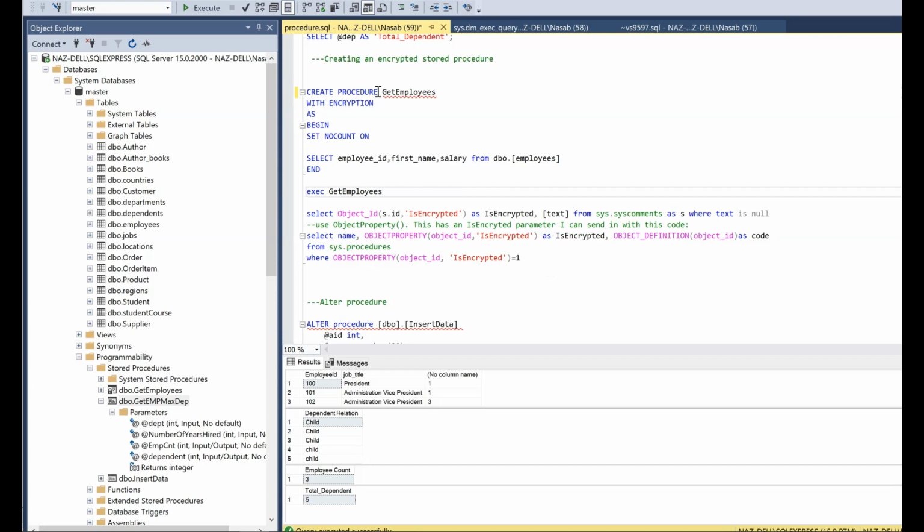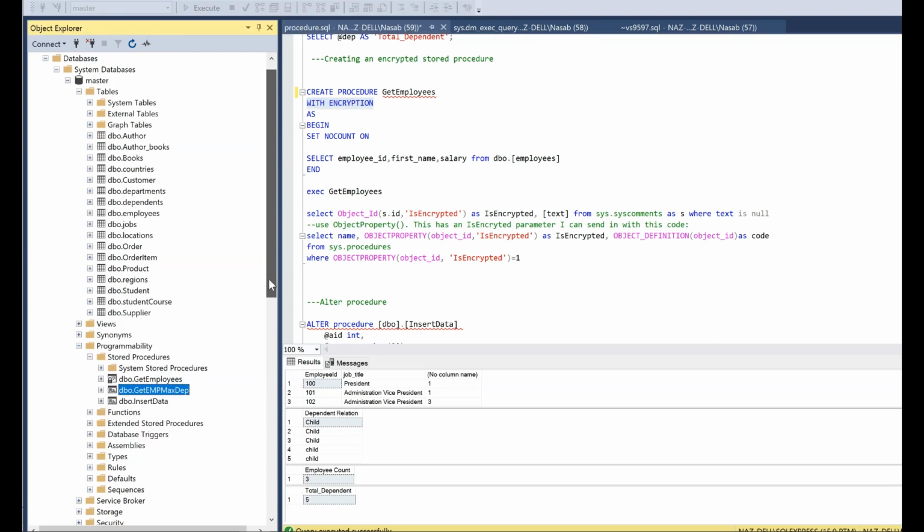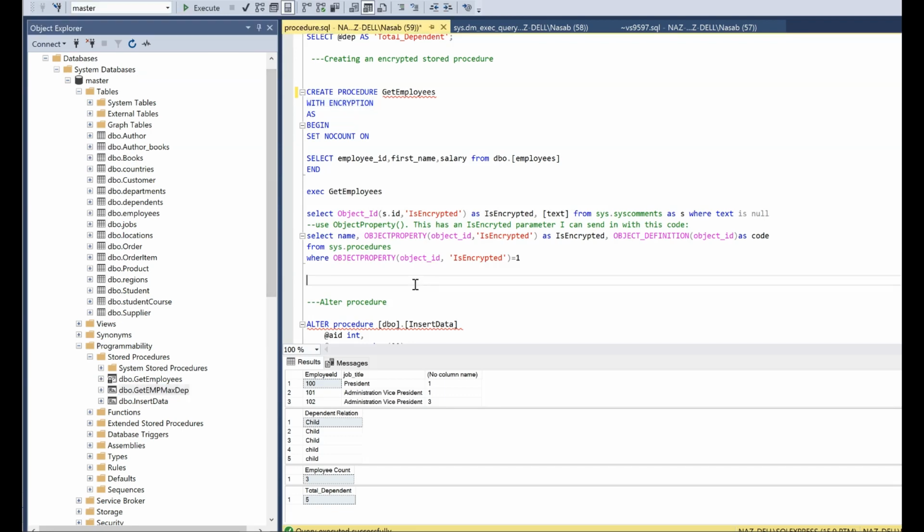So I will show you how it is working now. What I did is I created a procedure which is GetEmployee with encryption. So you need to give encryption. Let me give you the first idea, then you will see how it is working, because you need to be curious. So the first query I'm running is this one, select object ID